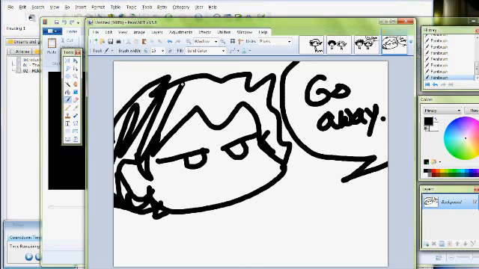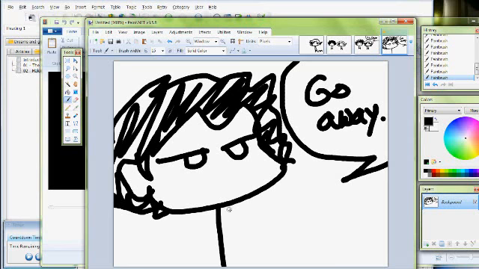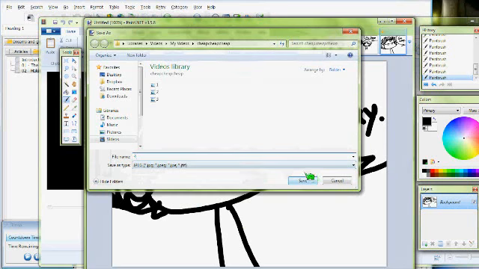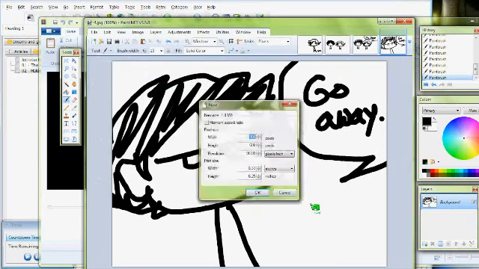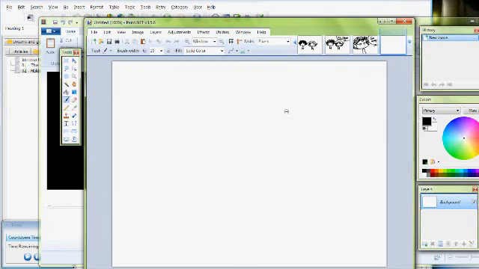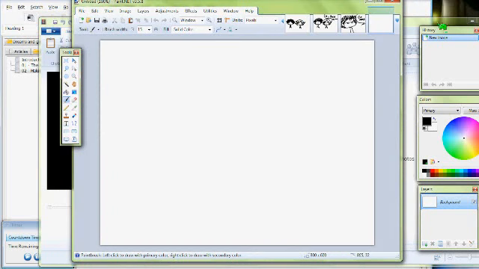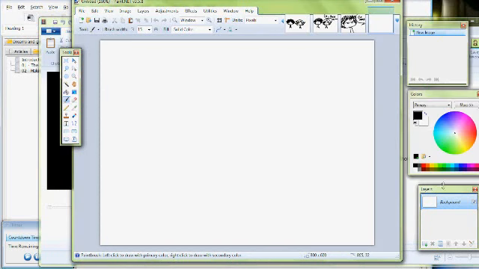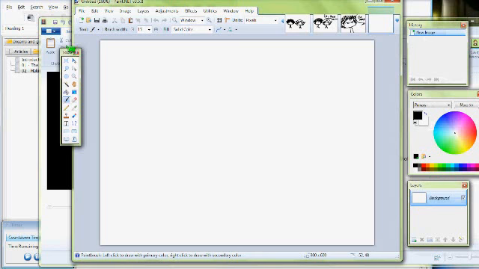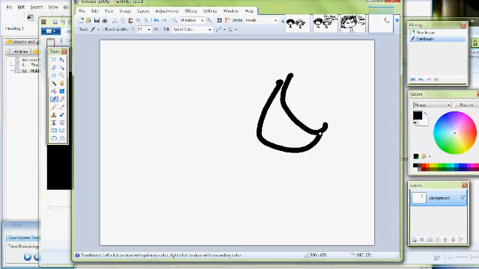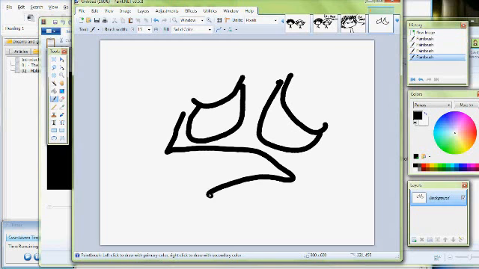I'm not even gonna bother. There. JPEG 4. Start a new document. Oh, by the way, to start a new document, I'm pressing Control-N. It's a general hotkey that's in most programs. Like most things that you'll find, Control-N creates a new document. Like it does in Flash, it does in Vegas, it does in MS Paint, it does in Windows Movie Maker, pretty much everywhere. Control plus N, and then I'm going to draw a cross for the last pic